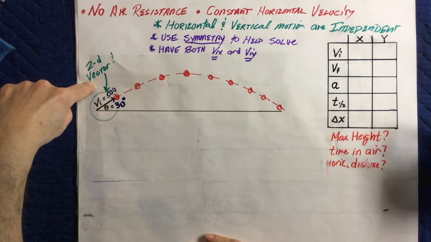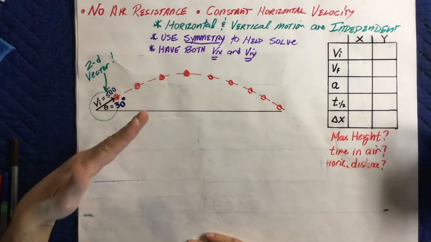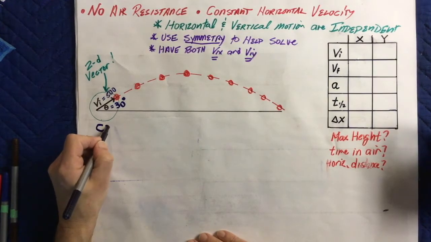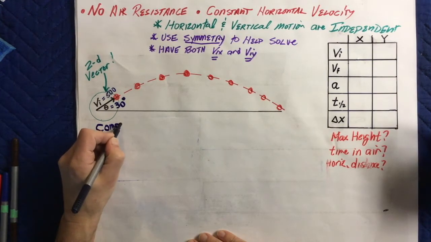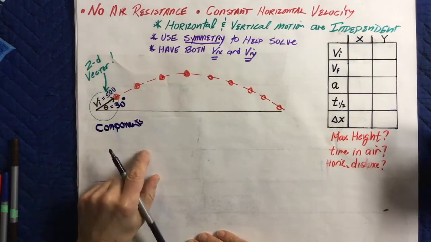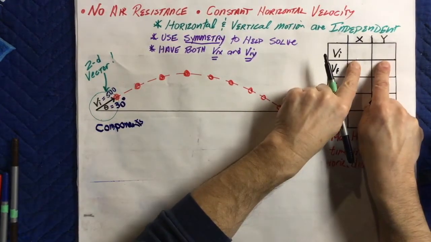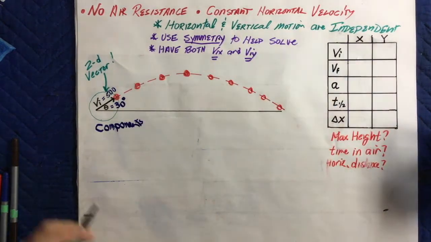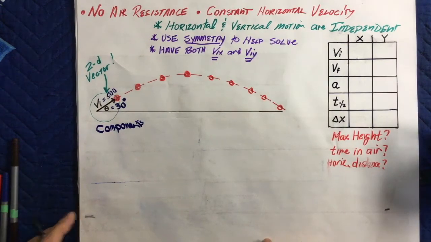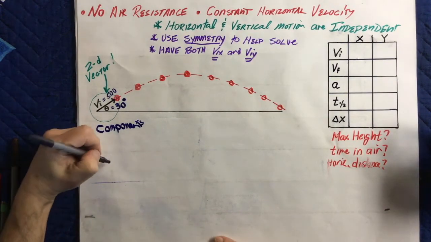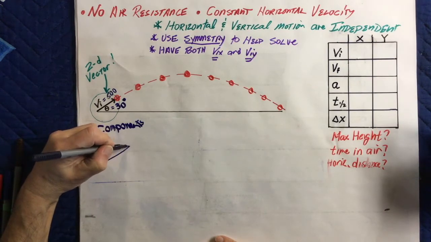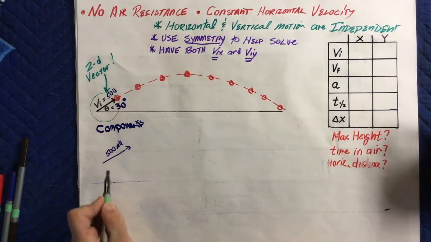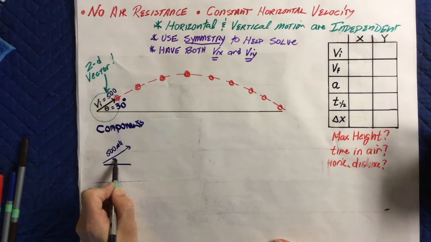Now we've already done two-dimensional vectors, so we know that if we have a two-dimensional vector, we can break it into its x and y components. That's going to allow us to put in the initial values of how fast it's moving in the x direction and how fast it's being launched vertically, in the y direction. And this is where you have to remember the SOHCAHTOA stuff. If we are launching at 500 meters a second, and we have a 30-degree angle here,